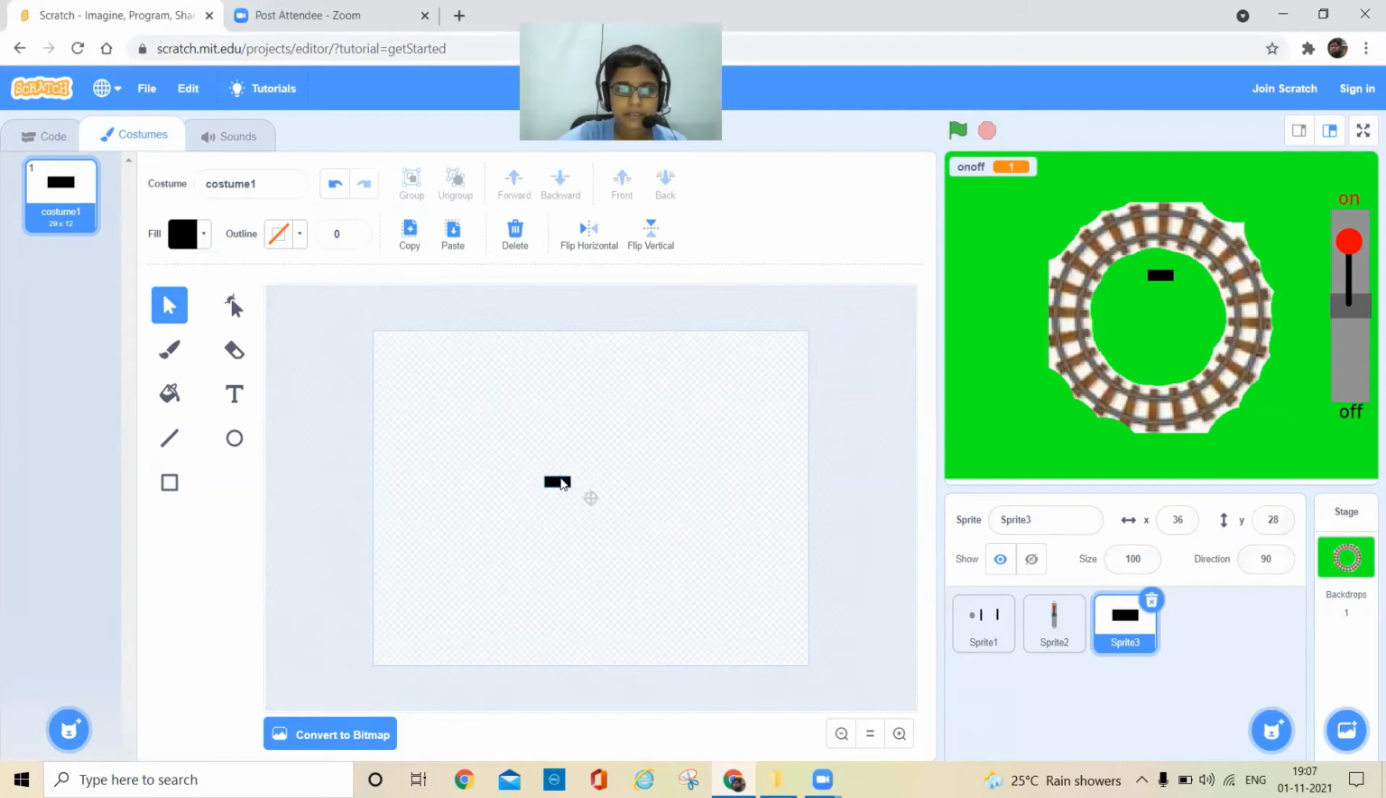Then I'm going to select it, copy, and paste it. Just take it to the side here, paste it again, and then bring it here. Then select this fully, copy it, paste it, and keep it down. Okay. Now just